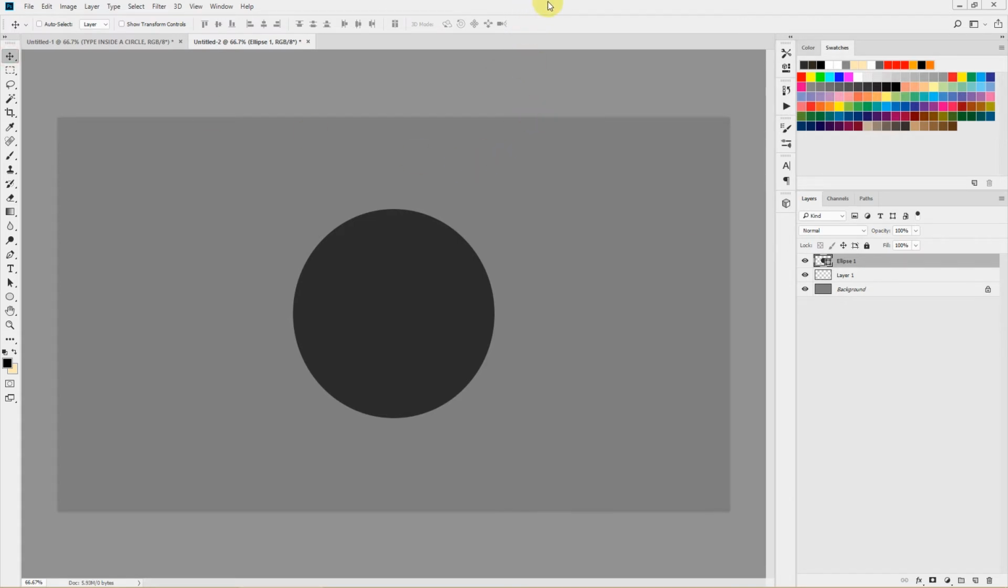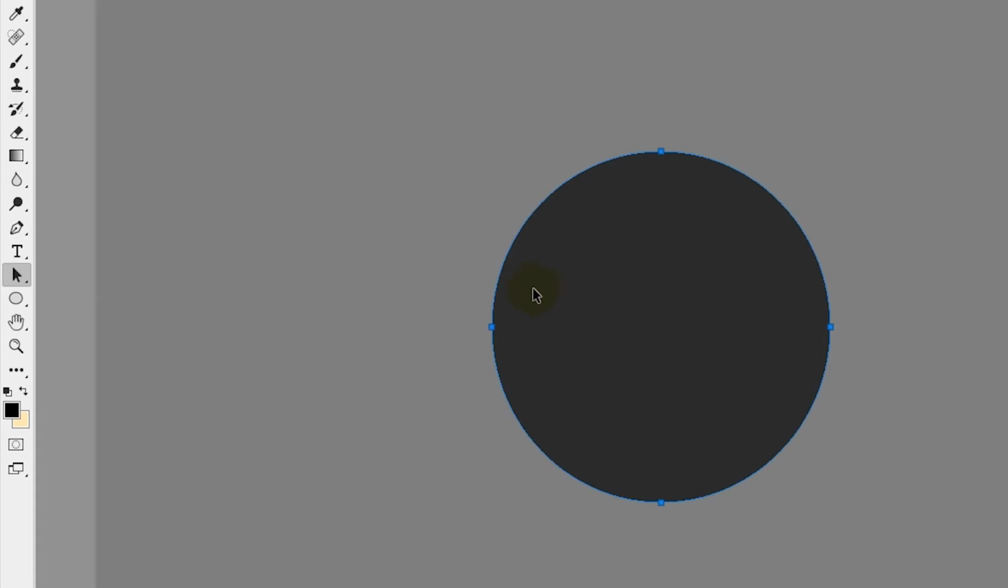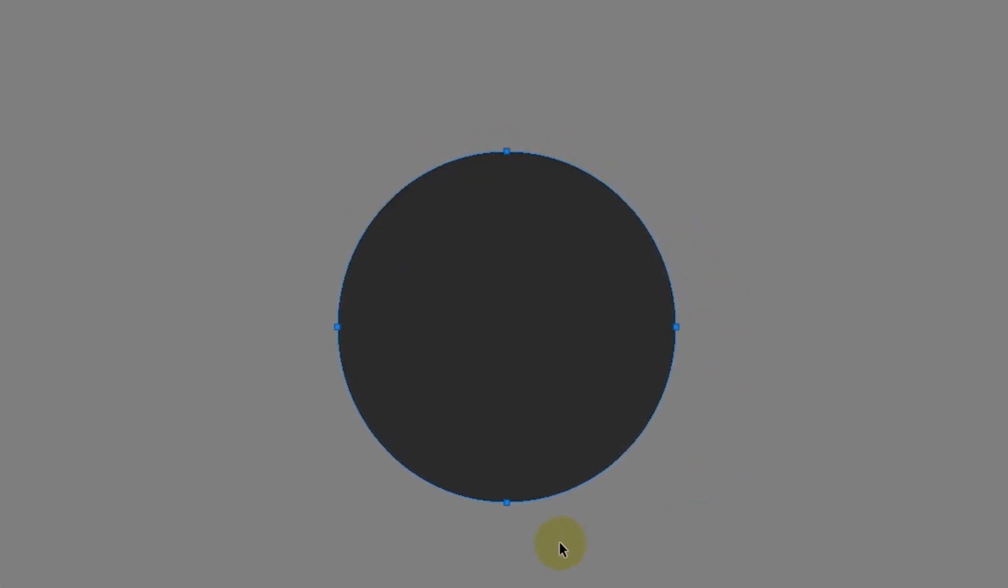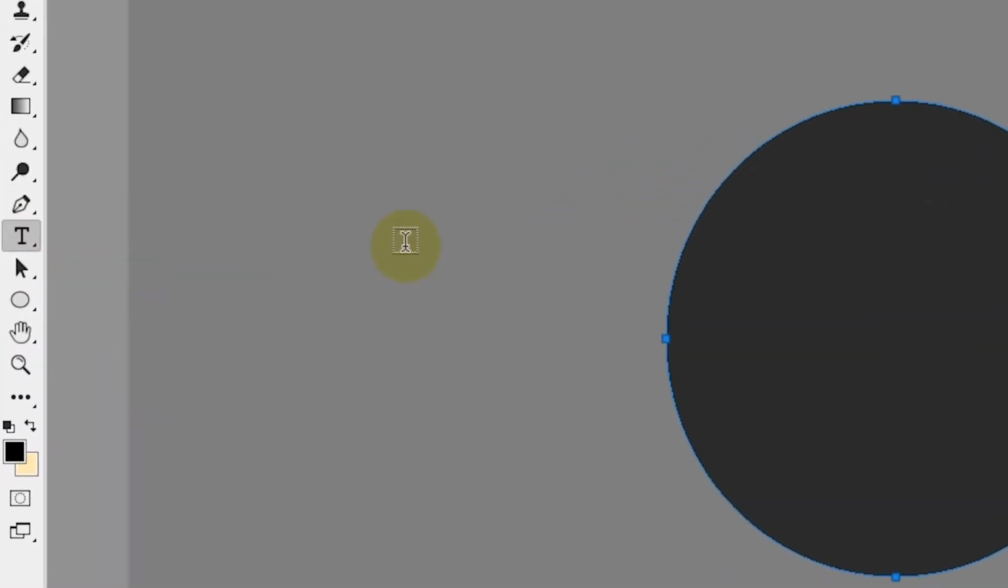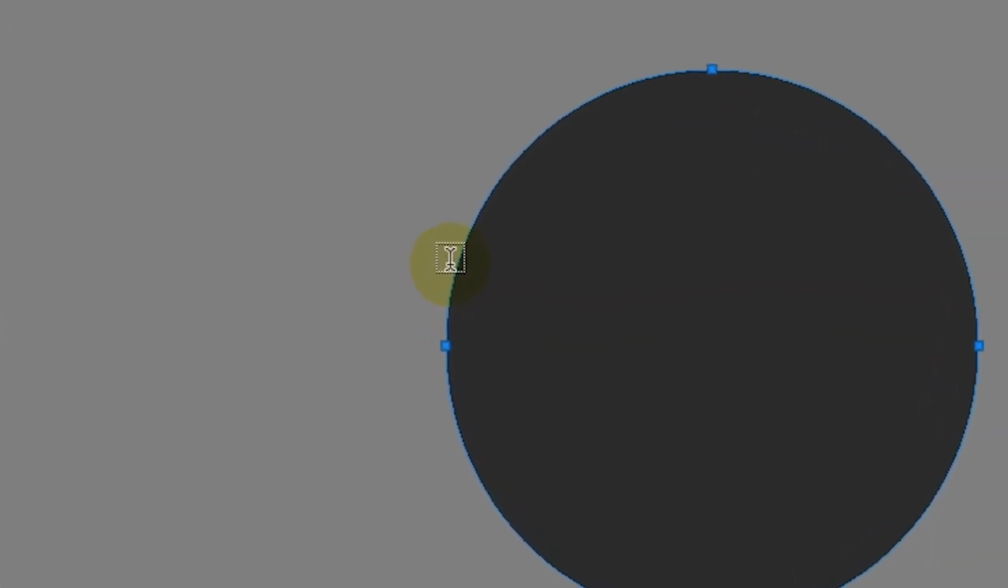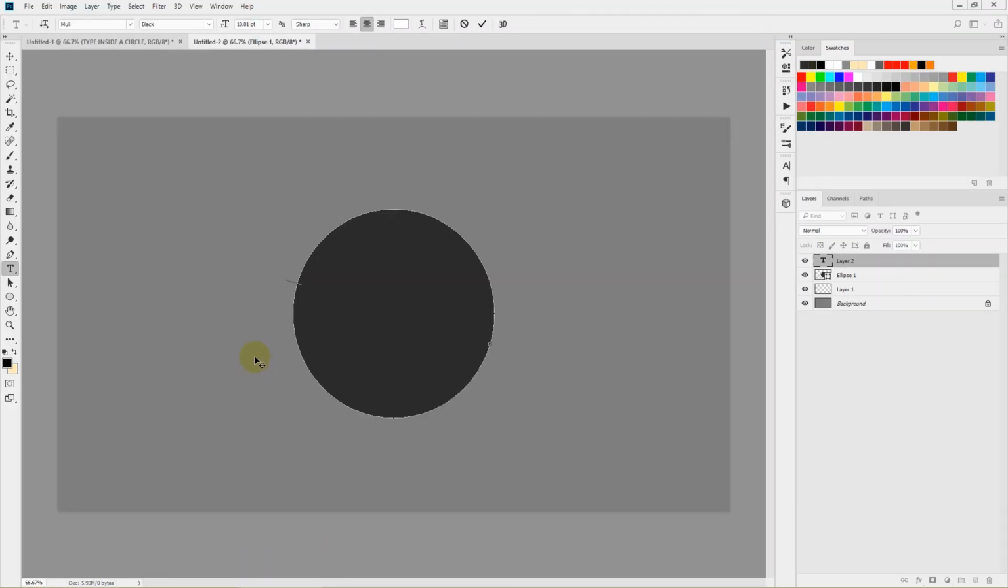So now let's select our path. I'll select the Path Selection tool, and as you can see, the path from this ellipse shape is visible. If it's absent for you, you can go to Paths and select this ellipse shape path. Now you need to select the horizontal type tool and bring it on top of the path. And just as you see this curvy cursor, you can click on it and you will see the type cursor appear. Now you can type anything